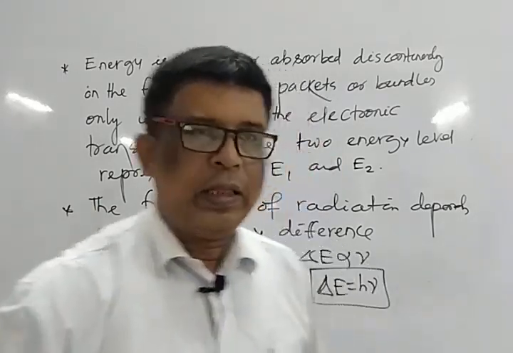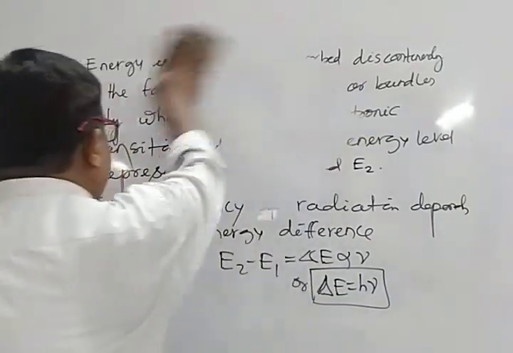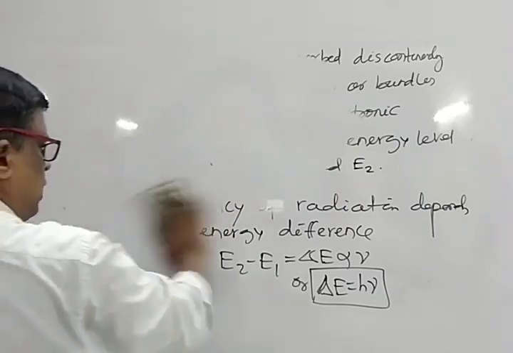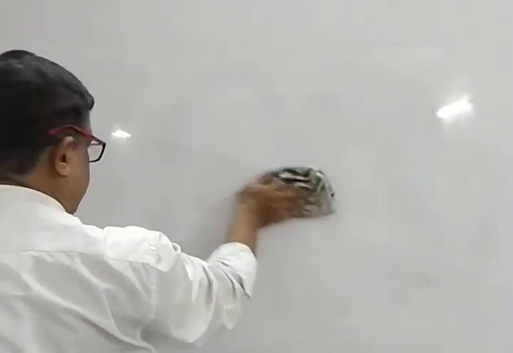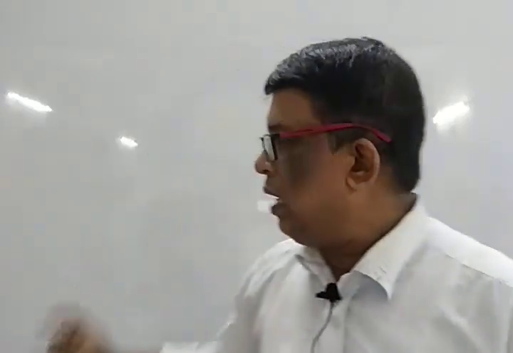Move to the next point. If we say the lowest energy level, that is the K shell, as long as the electron revolves in the lowest energy shell, it does not lose energy continuously. That's why this shell is otherwise known as the stable state, ground state or normal state. It indicates that the energy level is known as the ground energy level or ground state, otherwise also known as the normal state.